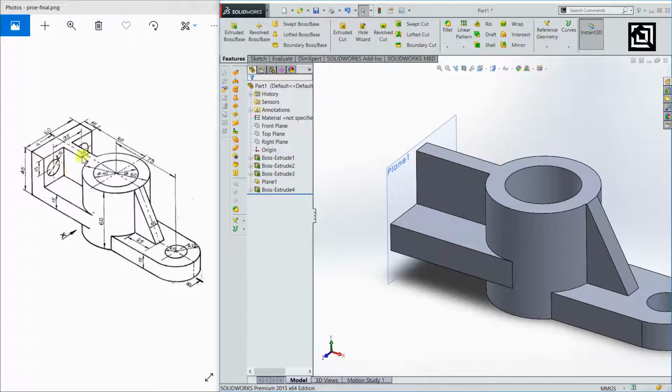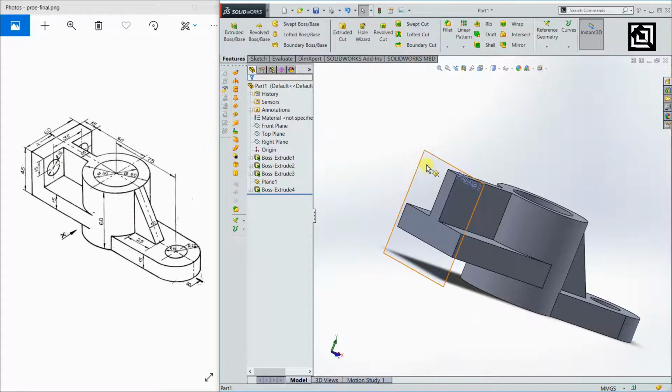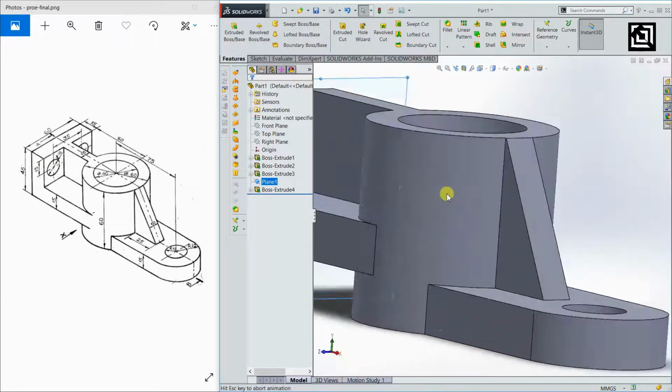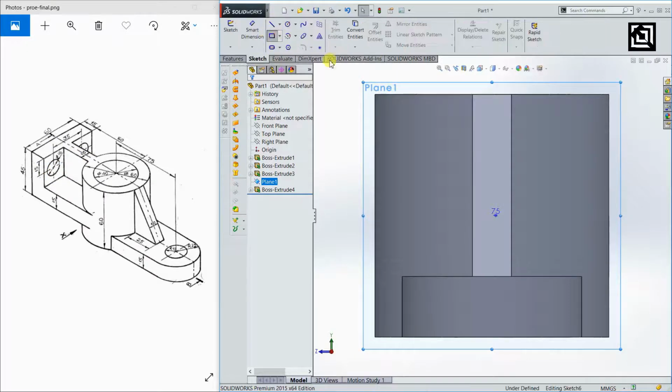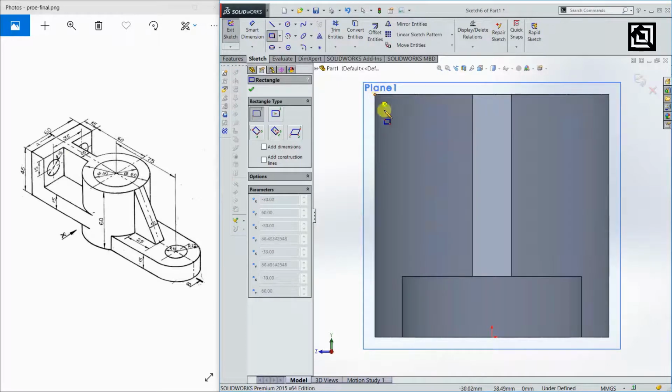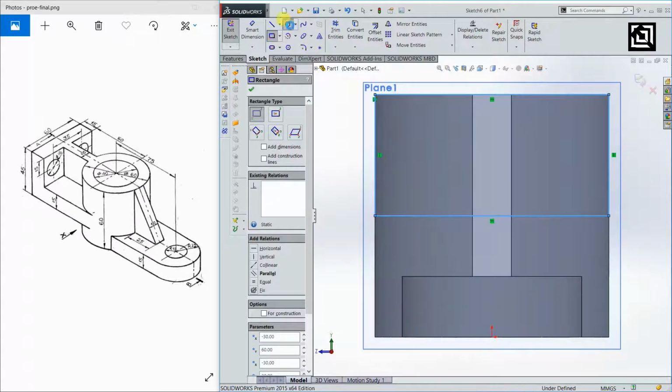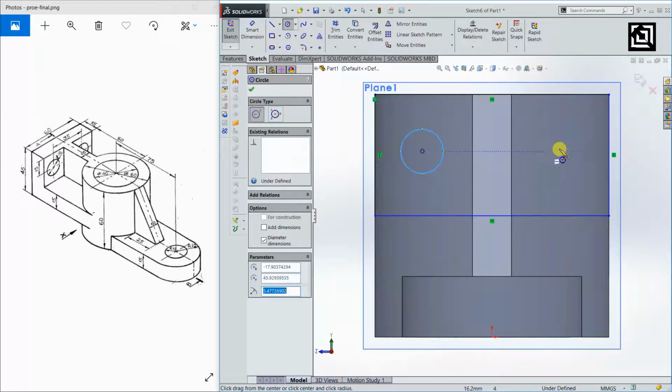So for that, again I'm taking this plane as normal and just going to draw the rectangle that includes both the circles. So from this corner I'm just drawing a corner rectangle to an overall height of 30 mm that we already know, and the length is supposed to be 60 mm, and just drawing the two circles randomly, and again I will just